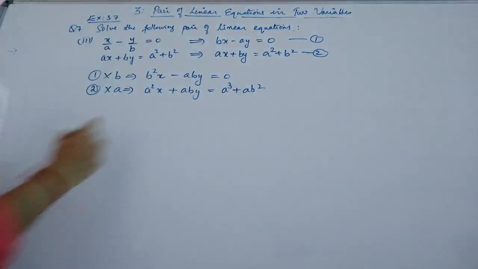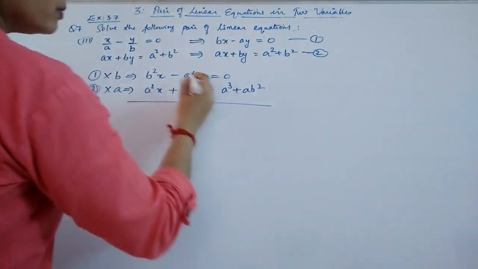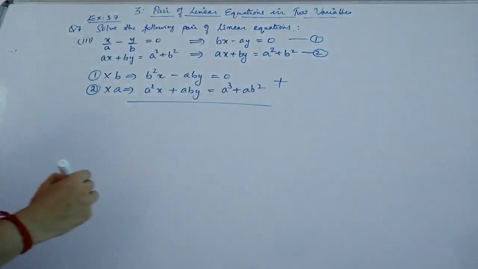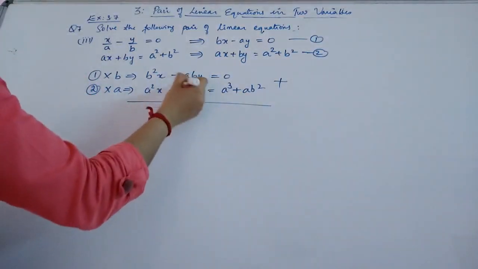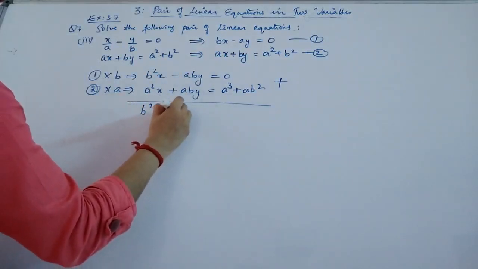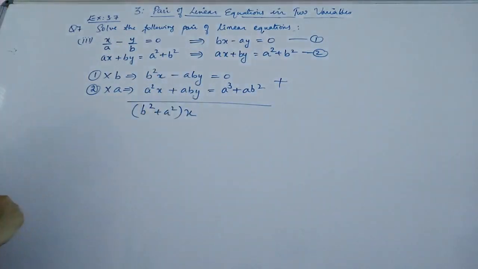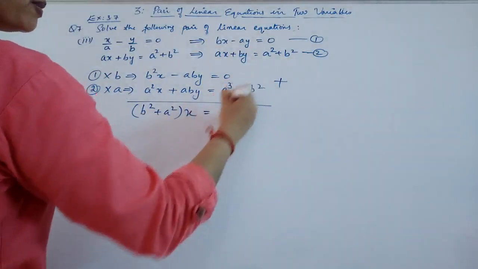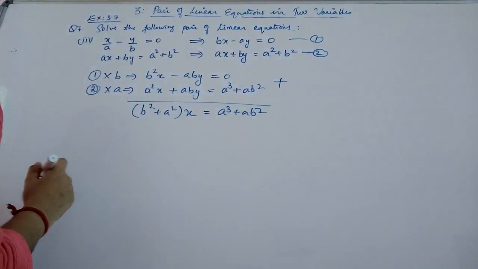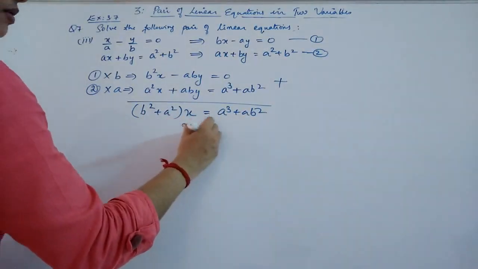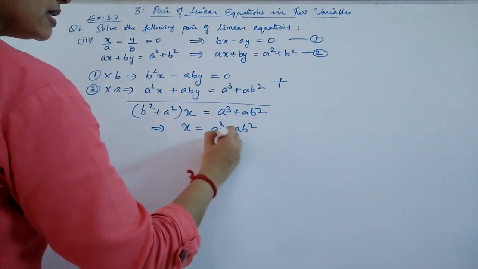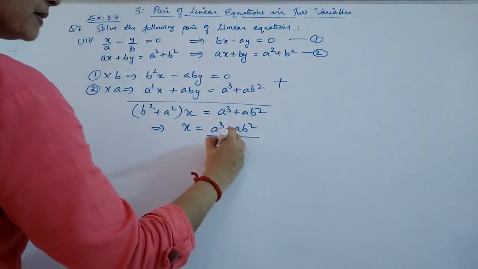Okay, now since they have the same, opposite sign, you have to just add them. What you will get, these two will get cancelled, and you will get b square plus a square into x is equal to 0 plus a cube plus ab square. Okay, now x is equal to a cube plus ab square divided by b square plus